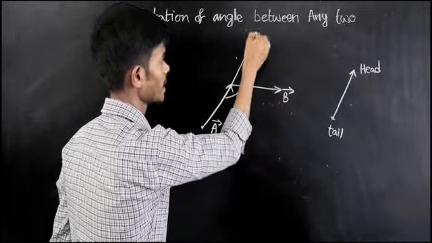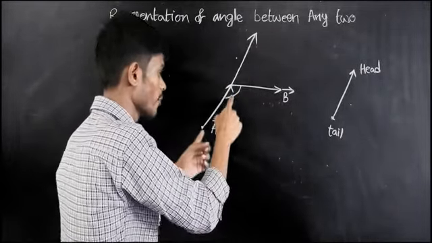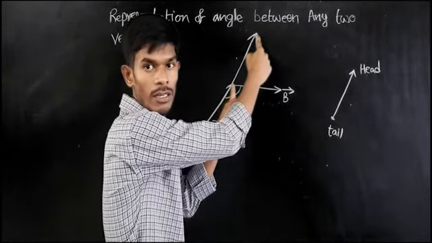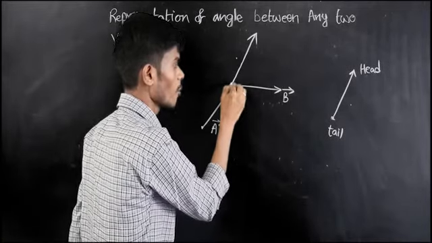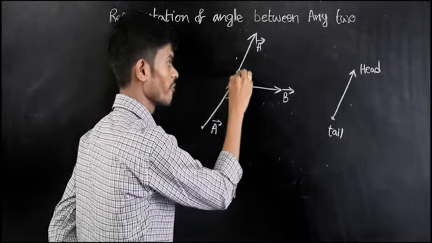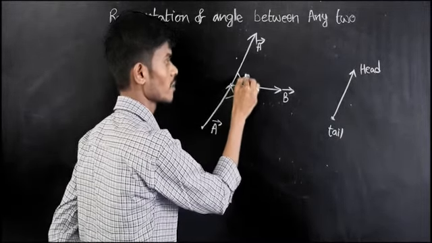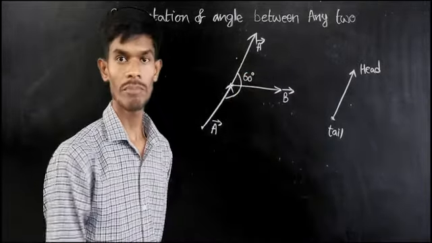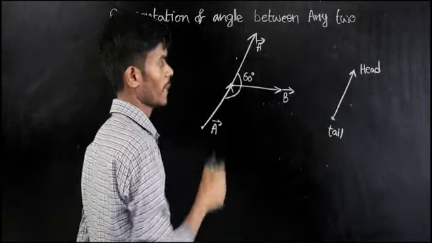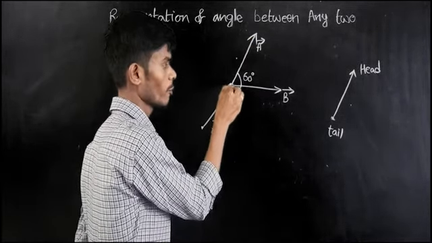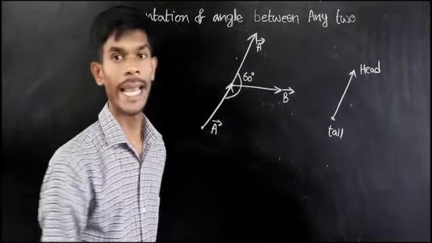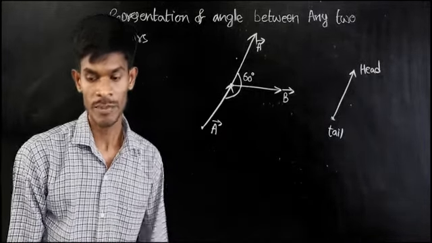These free vectors are very helpful in the measurement of vectors. See, here without changing the magnitude and direction, we are displacing this a bar vector from here to here. If you displace it, the two tails coincide with each other. Suppose the angle here is 60 degrees. By making use of free vectors, we can shift the vector from one place to another, then the two vector tails coincide, and here we can find the angle between the two vectors.